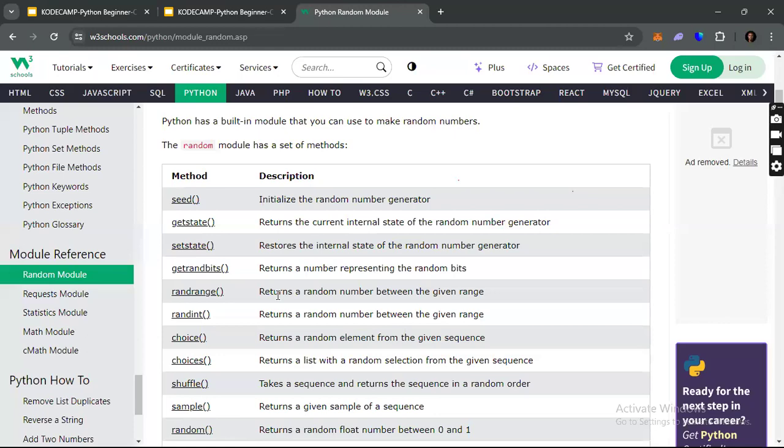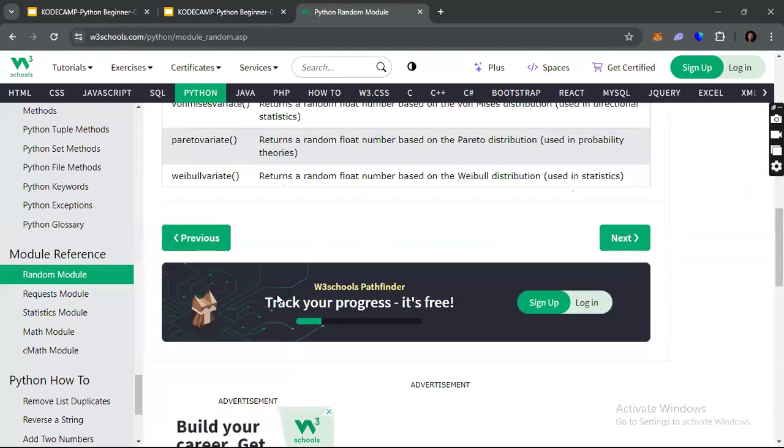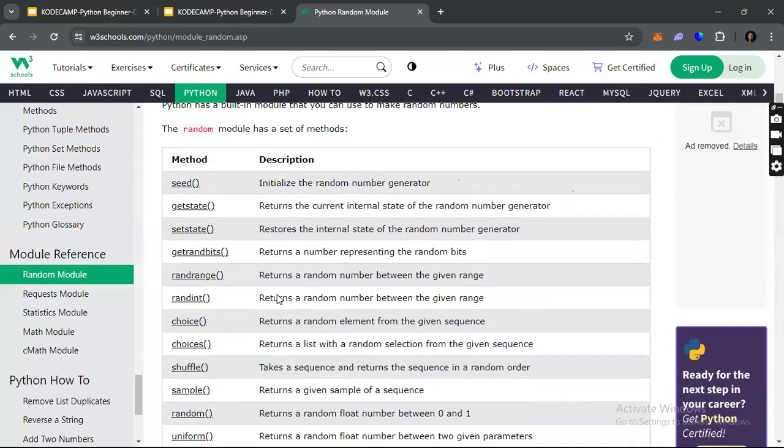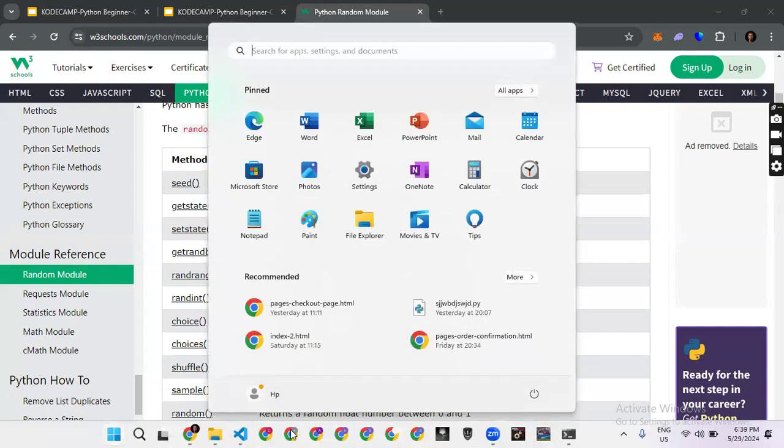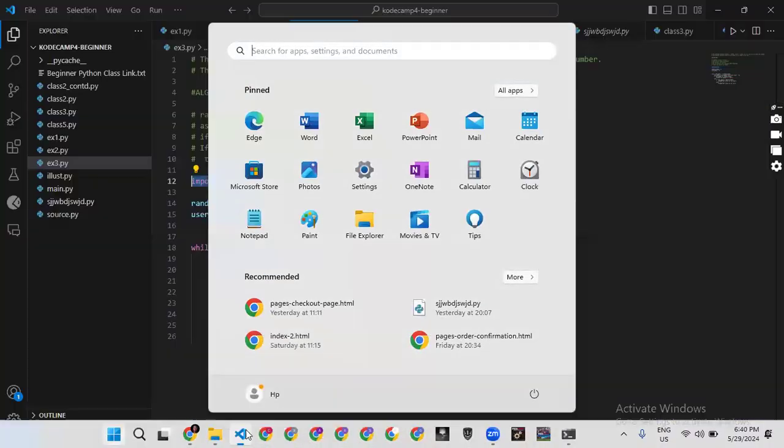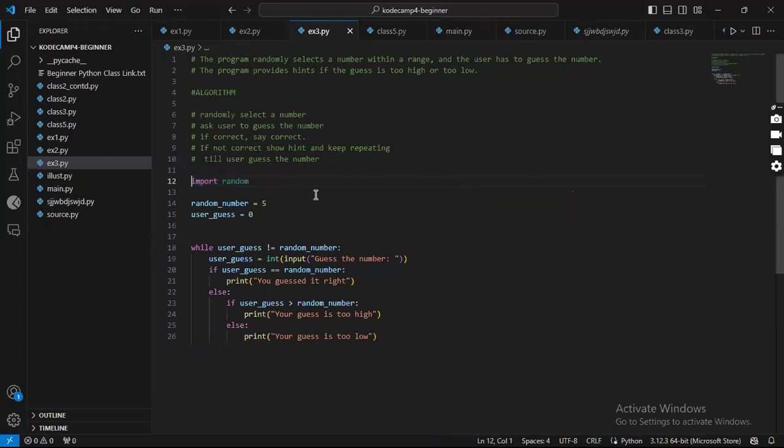Imagine me bringing in everything here, all these methods, which have about 50 to 100 lines of code in them. That doesn't make sense. So I'll simply bring in just this one. I will do that by using the from keyword. I'll say from random import